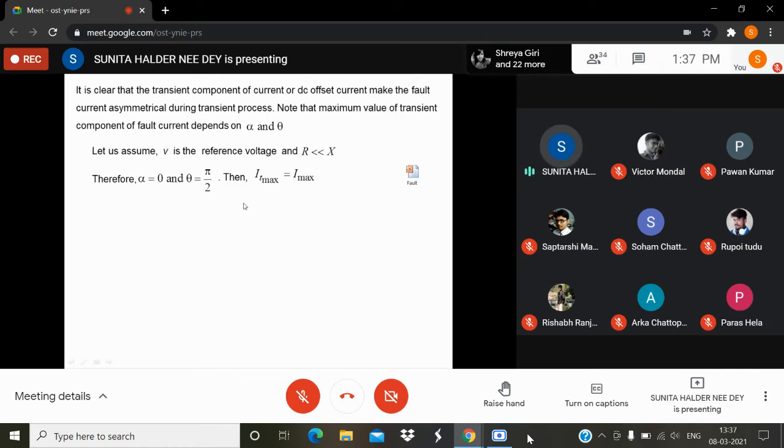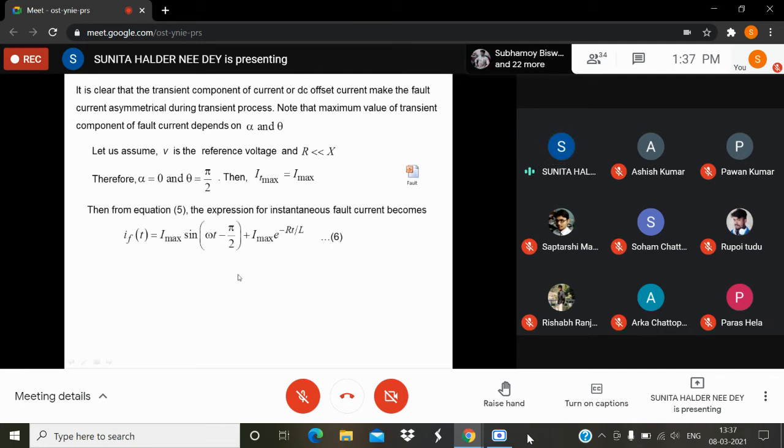And if this is the reference phasor, and it is happening at the receiving end, for example, then it will be I max. For this example, that does not mean that at the receiving end the current will be symmetrical. I am giving only the example. This reference is actually an entirely different thing; when I teach you load flow, then you will understand.